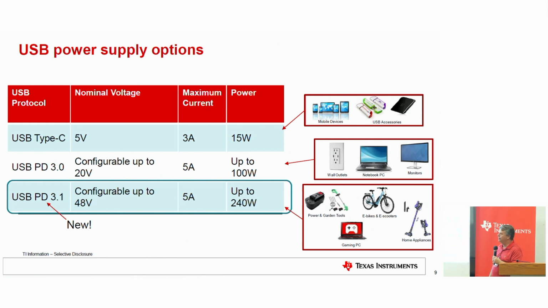Different types of applications may need different levels of power and different types of solutions, just to show. Very simple devices for the Type-C by itself: little thumb drives, maybe a mouse, maybe something that's not wireless, that's going to be plugged in and connected. Up to 100 watts, a lot of wall outlets that have the Type-C built in, or little adapters for that. Currently, PC notebooks, and a lot of these are starting to work more into the EPR as well, especially gaming laptops. Monitors, same as well. You might see monitors coming out that'll go up to 48 volt, 240 watt as well.